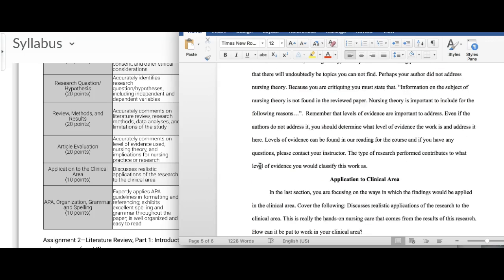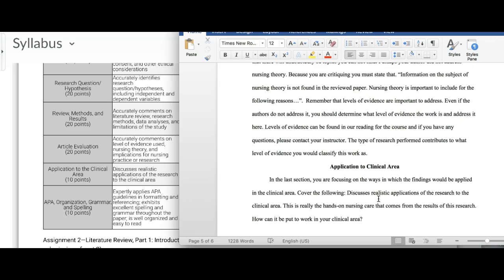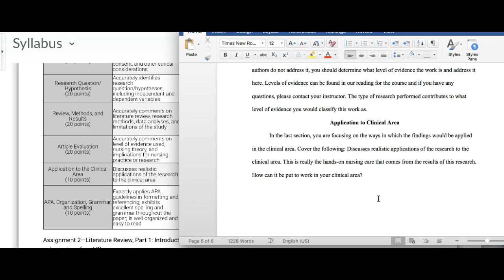The next section is the application to the clinical area. And this clinical area can overlap a little bit with that section that we just talked about in your work area, but it also needs to address the implications to research. For example, is additional research recommended by the authors on the same subject, or is additional research recommended on other subjects related to yours, or using other